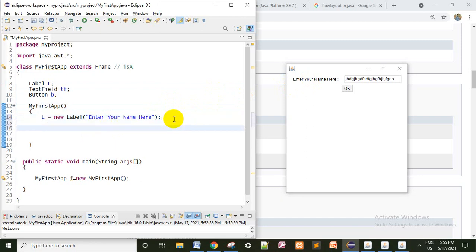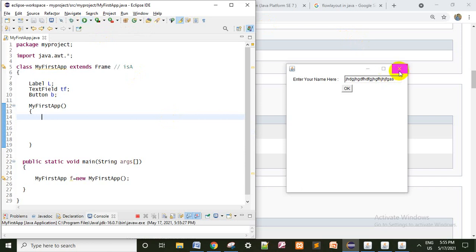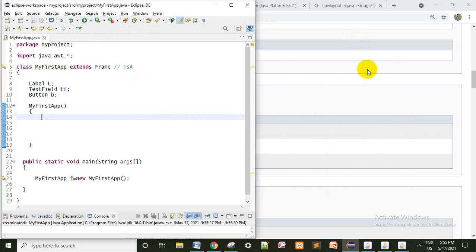Then if you want to display this label in the frame, the frame is already created, so I will show you how to create a frame. Just remove this one, save. Now I will execute. This is another frame. The frame is not visible, because by default visible mode is false.